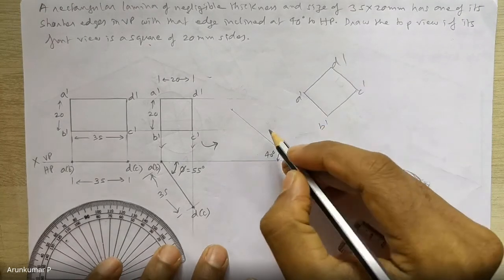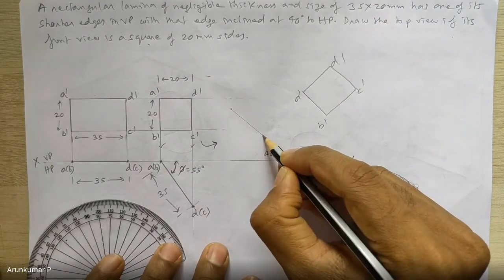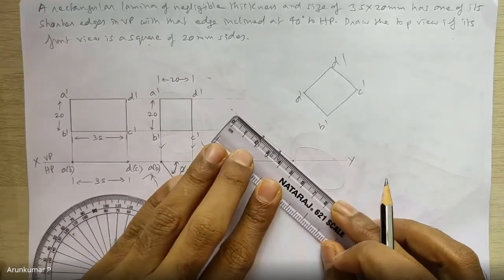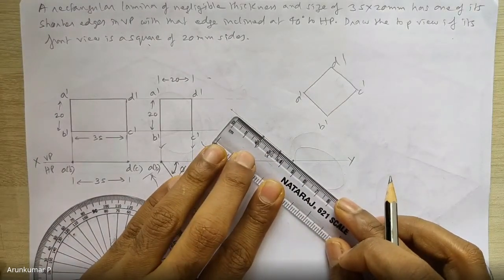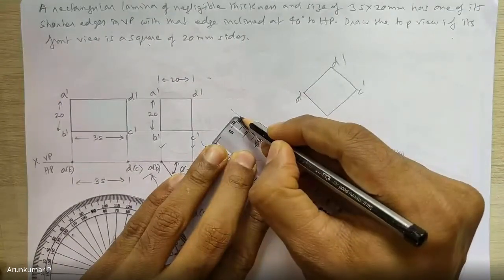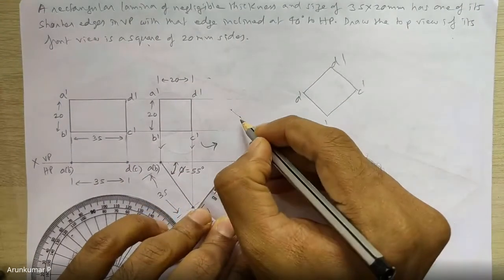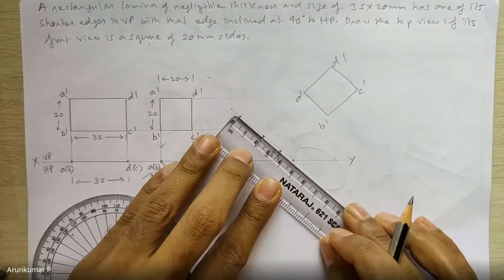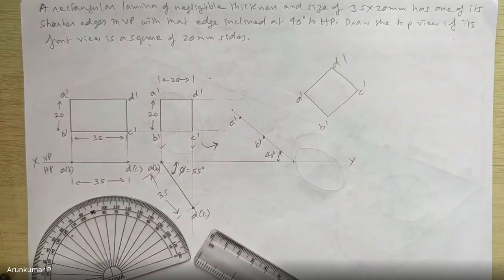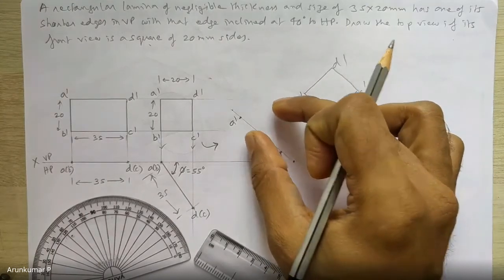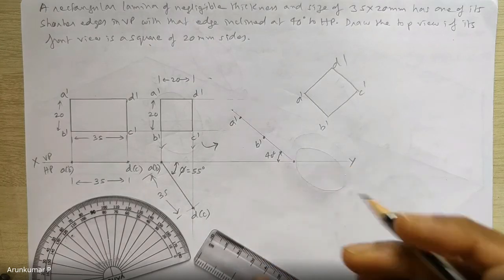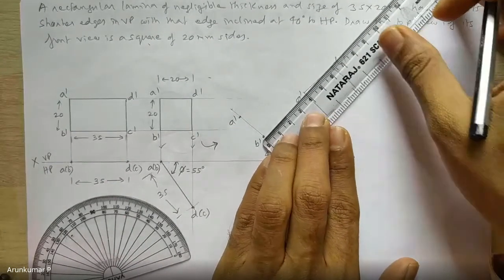Okay. So we start from B dash. So first locate B dash. And then 20 mm away, you locate A dash. So A dash, B dash or AB would be on this 40 degree line. Yeah, 20 mm. Now you can draw perpendicular lines to A dash and B dash and measure 20 mm, complete the square, or you can use the rounder and then find out C dash and D dash. Anything is fine, no problem.